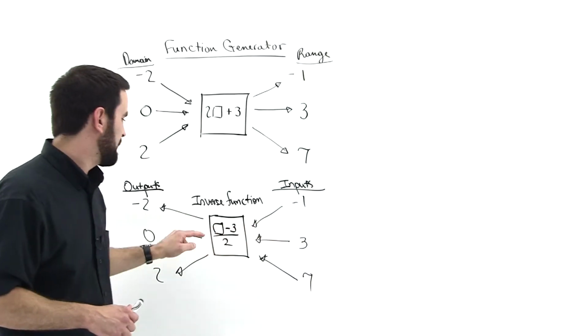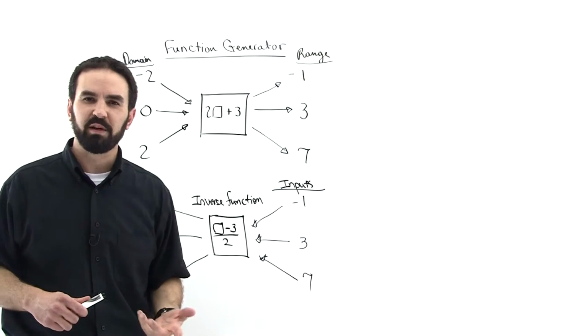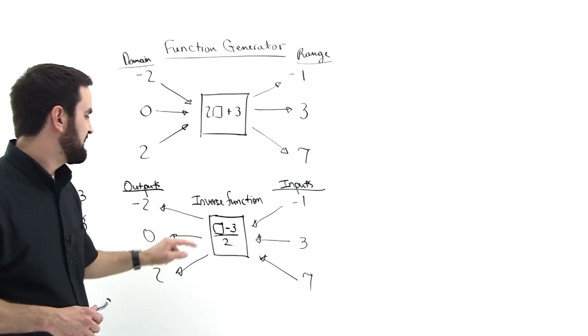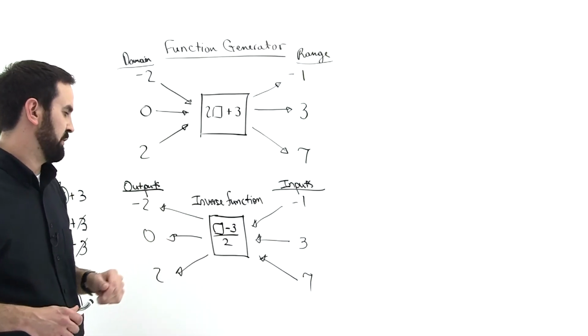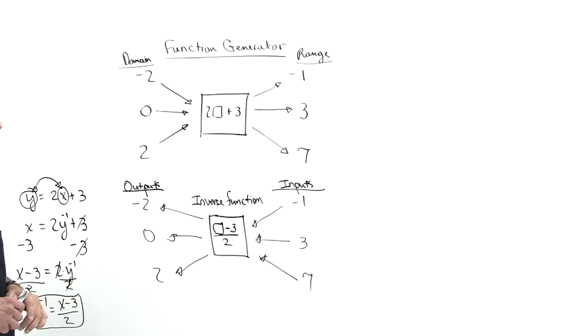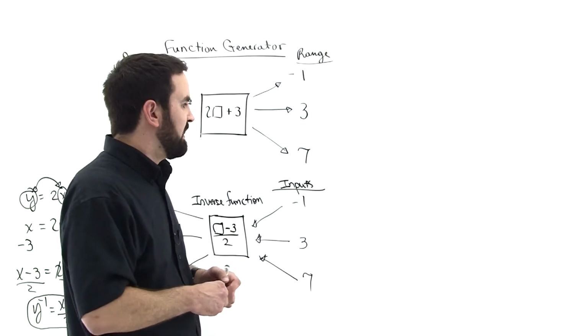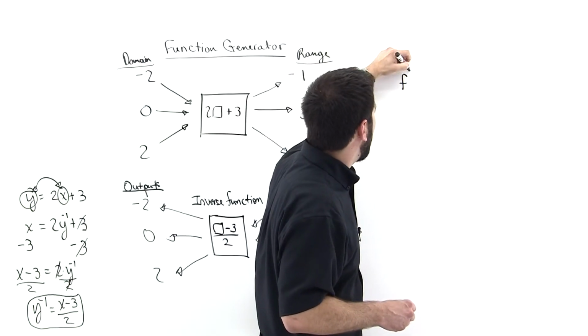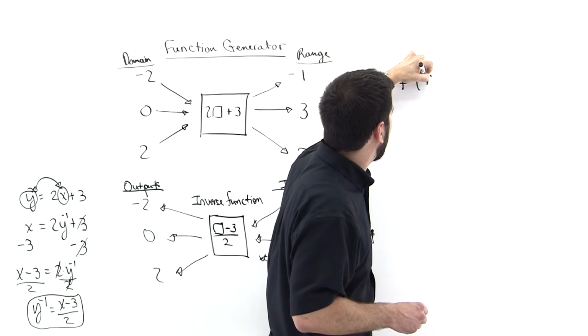3 goes in, so we have 3 minus 3 is 0. 0 divided by 2 is 0. So look, 0 comes out. 7 goes in. 7 minus 3 is positive 4. Divided by 2 is positive 2. And look, 2 comes out. So this is the method that you would go about to find the inverse function, and there will be some examples to follow, right? Now, one property of the inverse function is that f inverse of f of x